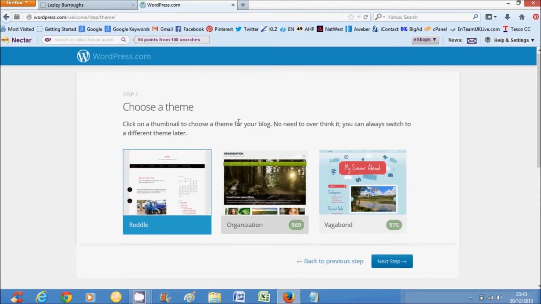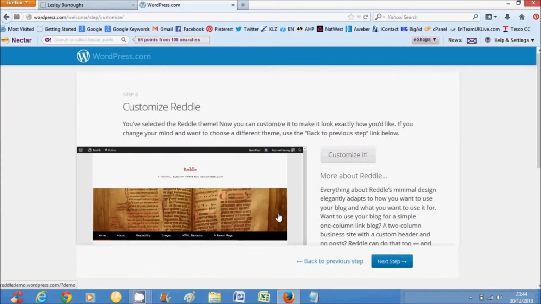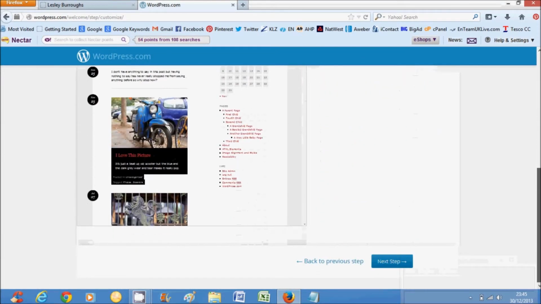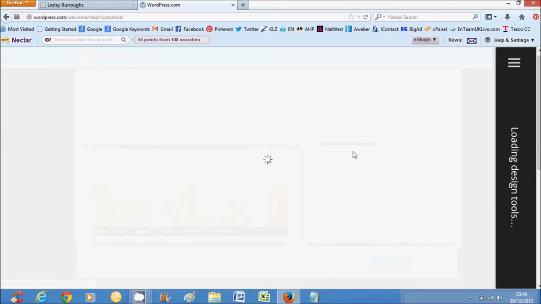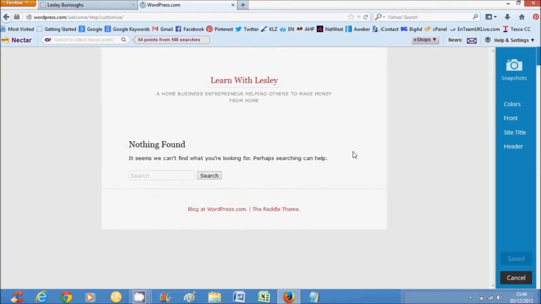It will then ask me to give my website a theme, a look and feel that welcomes people. Now there are numerous free themes out there. Okay, so I'm just going to select one to get started with, but I can go in and change that at a later stage. Okay, and then it's asking me to customize. So you'll see that it's showing me here the theme that I've requested to use, and if I click on customize it, it will actually give me the facility to be able to change the colors,